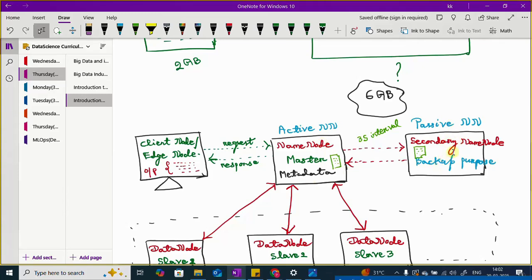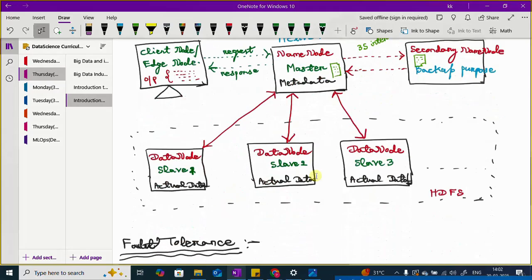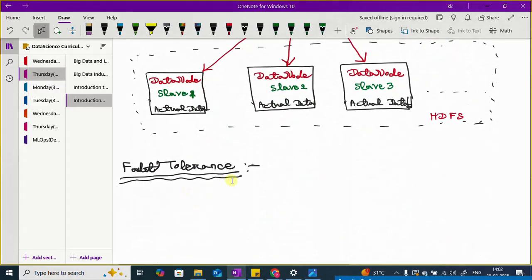Again, the passive name node, or second name node, goes back to its previous state and acts as a passive name node only, because now my active name node is up and running. It is taking care of its own responsibility and no longer relies on the second name node. That process is called fault tolerance. So if you write the definition, fault tolerance is nothing but